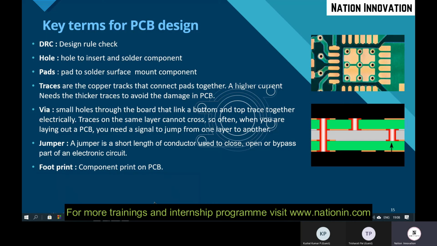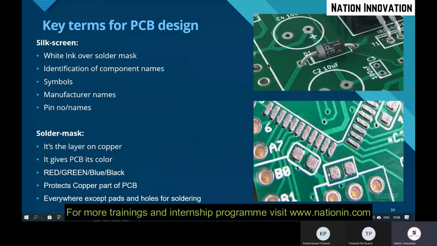And those were some key terms. And we have two more terms, that is silk screen and solder mask. The silver color writing area you are seeing here is written through the silk screen. So in a PCB, if you are mentioning any name or any part names, it will be written through the silk screen.